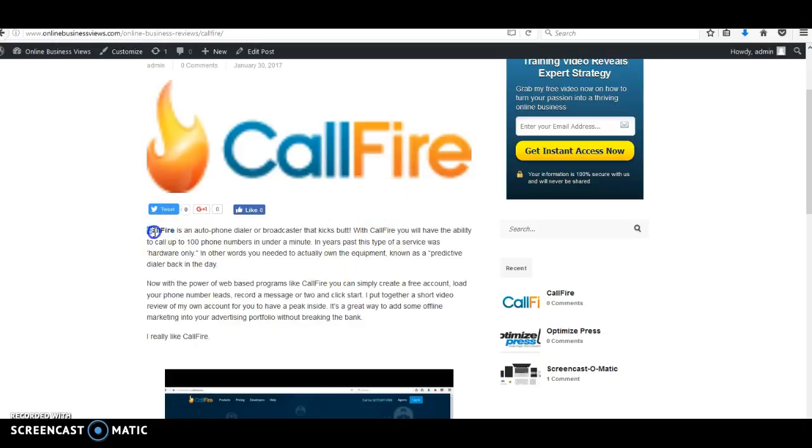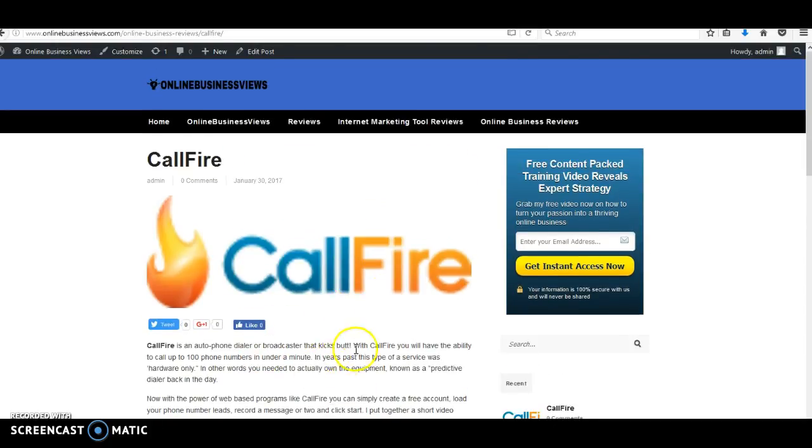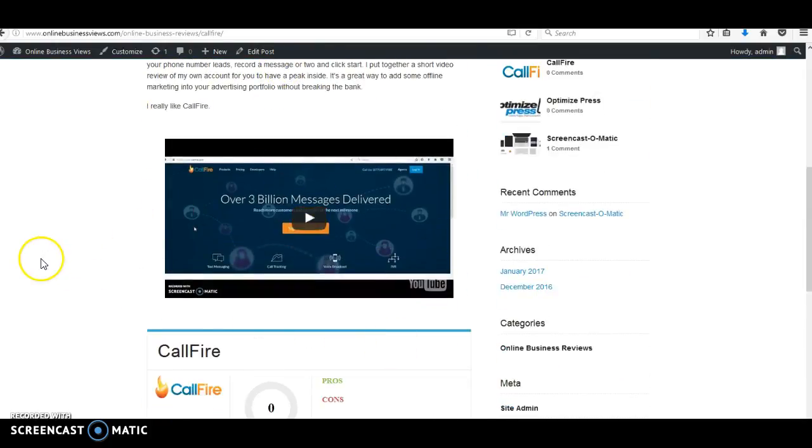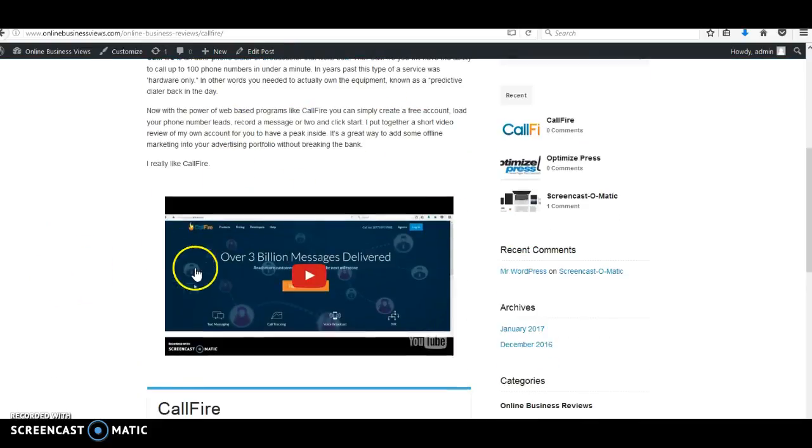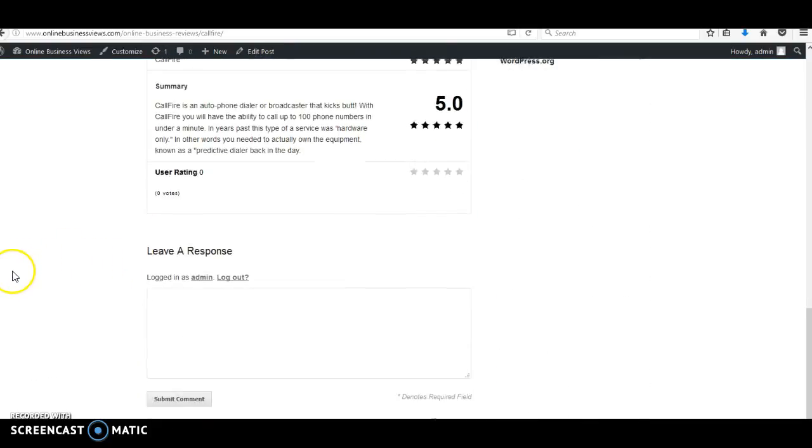So Callfire is what I call my root keyword, my root, like a tree root, or the main keyword phrase that I'm targeting, that I want people that are searching on Google. I want someone that types in Callfire reviews or Callfire information, some variations that include the root keyword. I want my result to show up somewhere in the search results, them to click on that result, come and read my content here, watch my short video that I did here, and ultimately click my resource box,